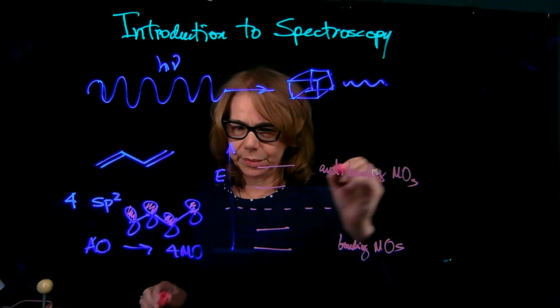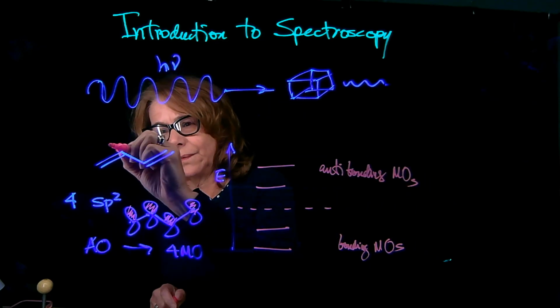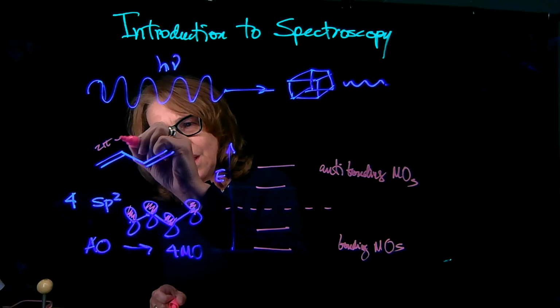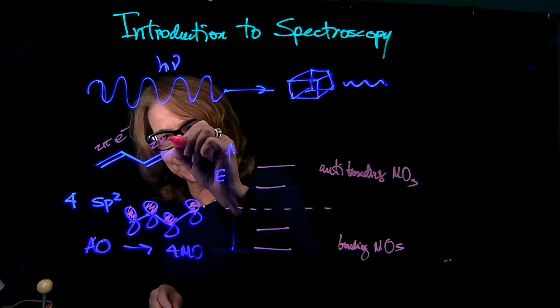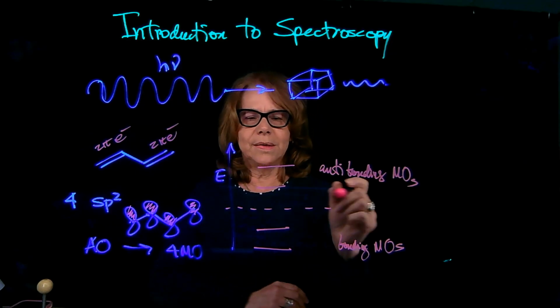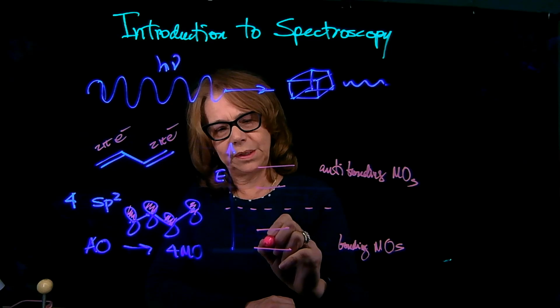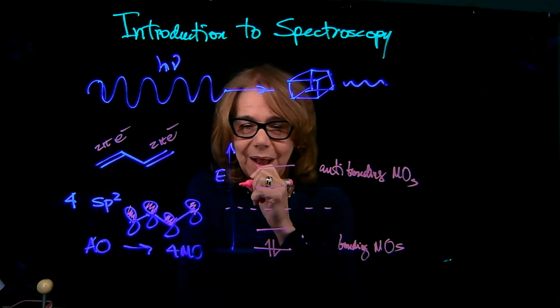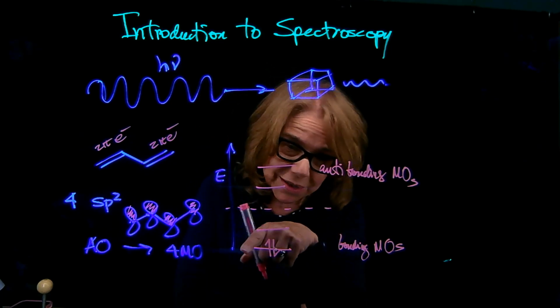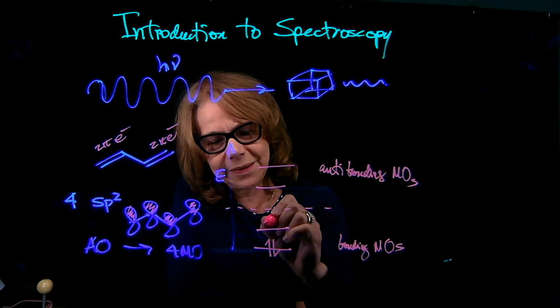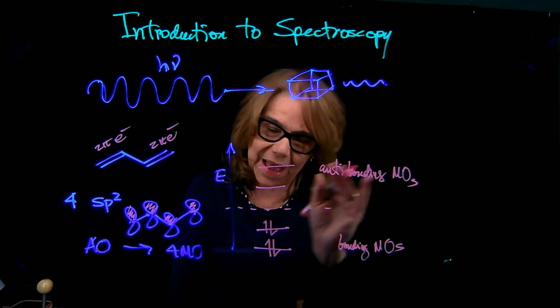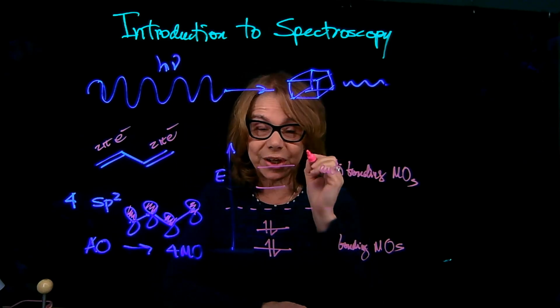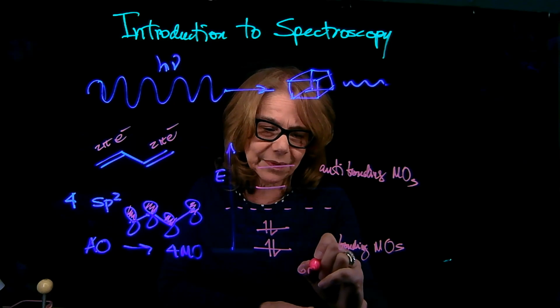So here you have 2 pi electrons, 2 pi electrons, so in total we have 4. So you put 1, 2, following the Aufbau principle and Pauli's exclusion principle, and the other 2 electrons are here. So that's the configuration of the ground state